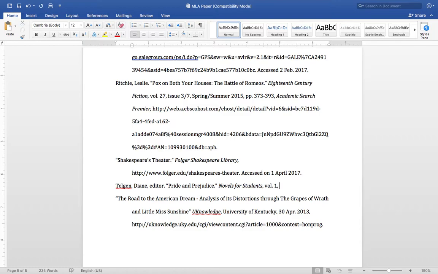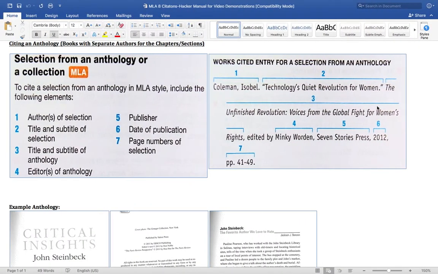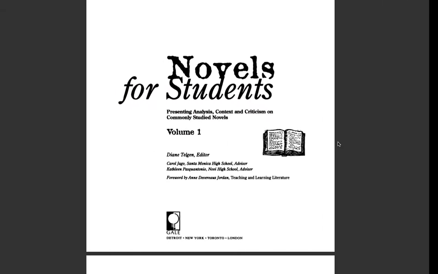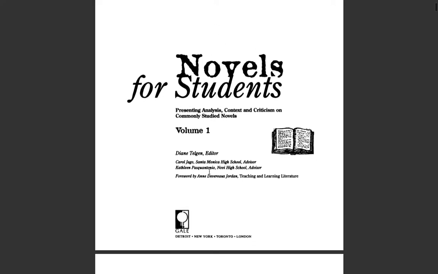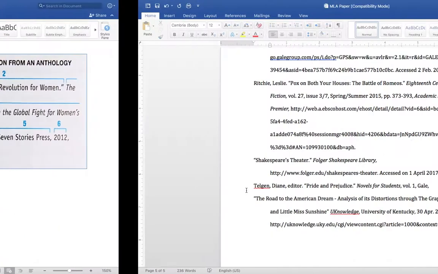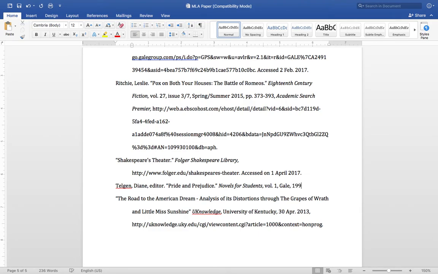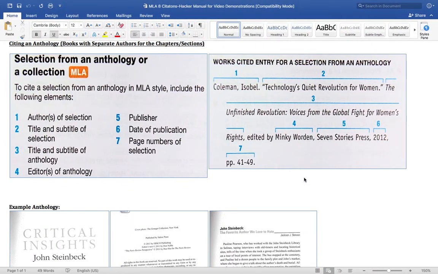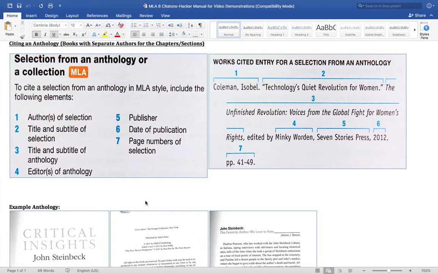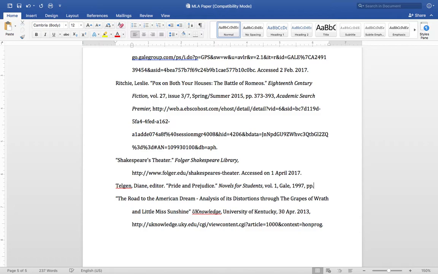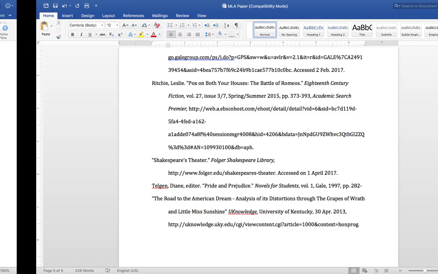Going across. And then the next thing we'll need is the date of publication, and you can see in the example over here, that's just the year. On your copy of Novels for Students, that may be written somewhere like on the cover or the title page, but in the actual book, it's on the copyright page, so we see it's 1997. And then the page numbers of the section. So these are our chapter page numbers. The first page of the chapter is 282. So I'm going to go ahead and put that on our works cited, pp. 282 through,